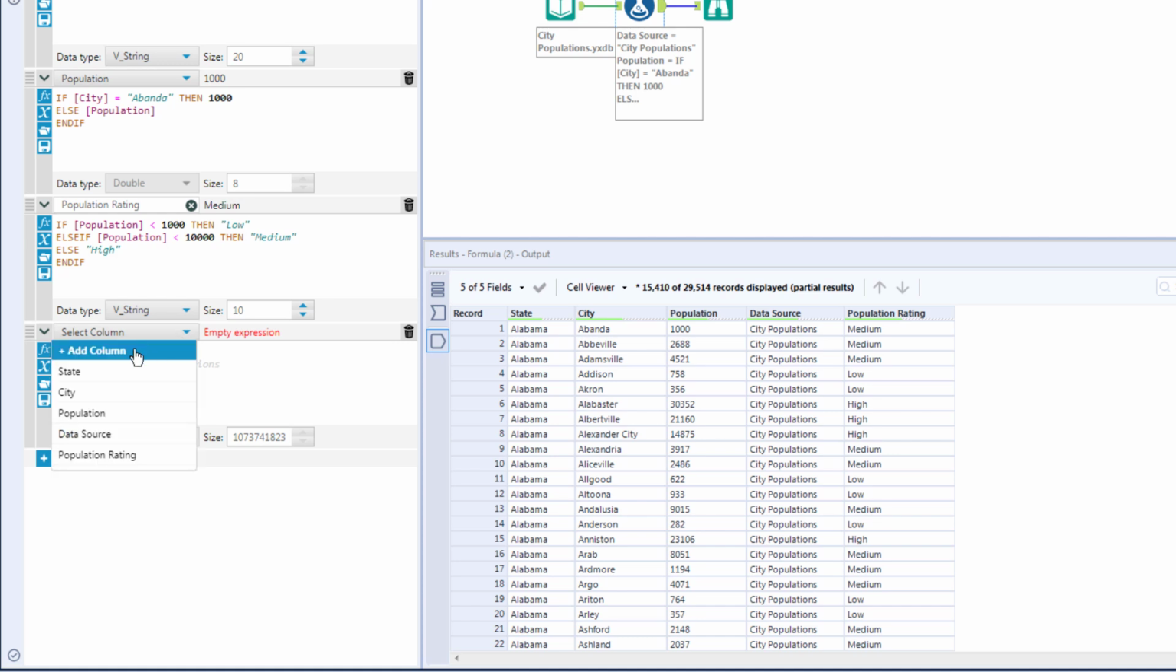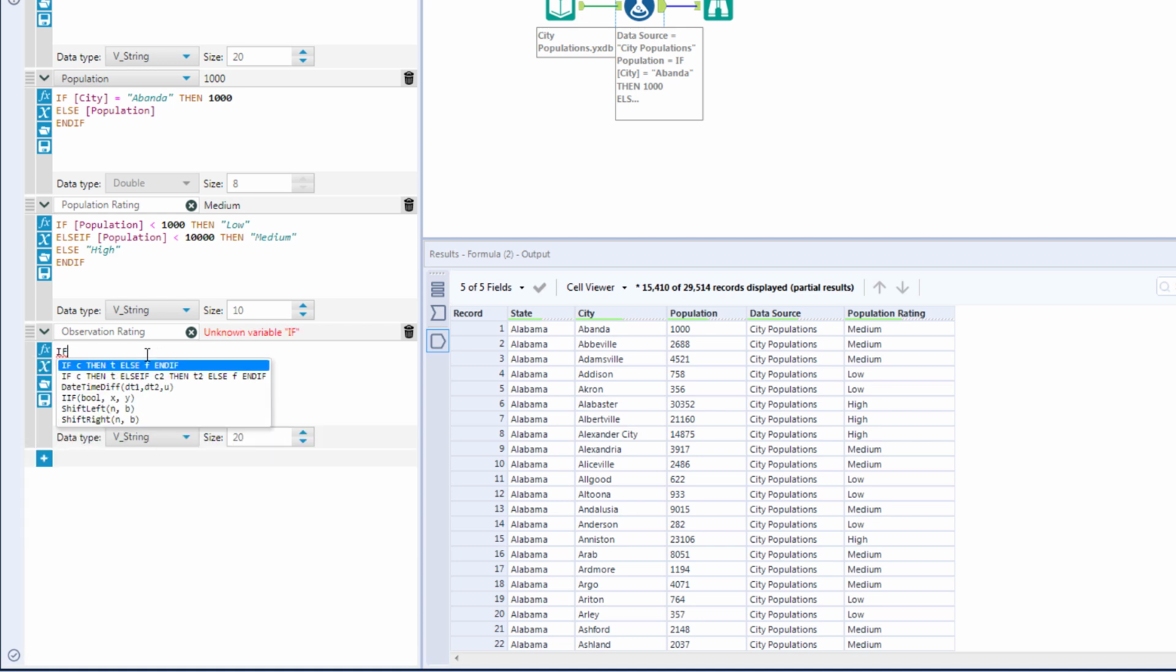So let's add another column and label this column Observation Rating. This column will be a vstring data type with a size of 20. We will write a conditional statement by firstly stating that if population rating equals low, which has been set from the prior formula, and, so here we are introducing multiple statements, and, now here we need to check that the